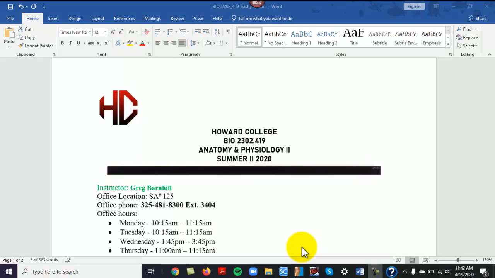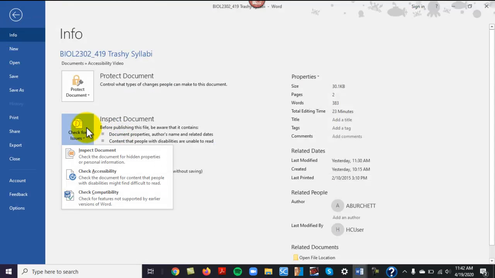Okay, we've opened up a Word document. This is a syllabus. Syllabi need to be accessible to a wide variety of individuals. So to check accessibility, go up in the upper left corner, click on File, click on Inspect Document, and then